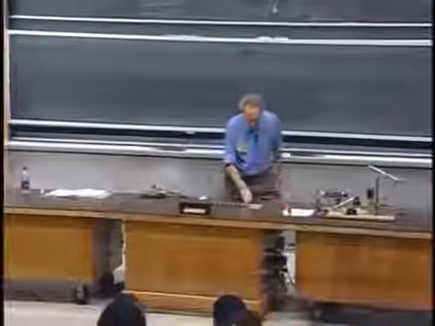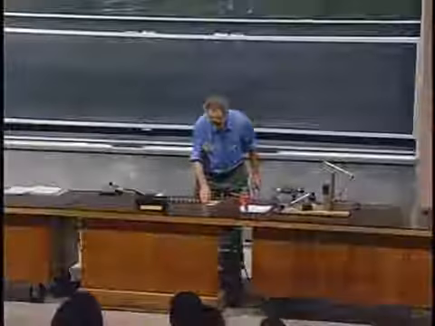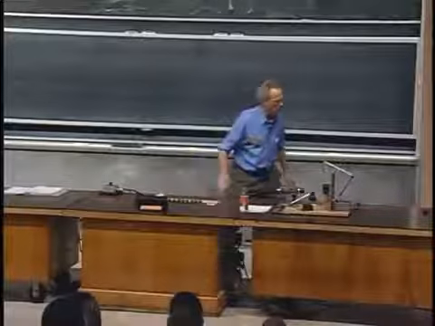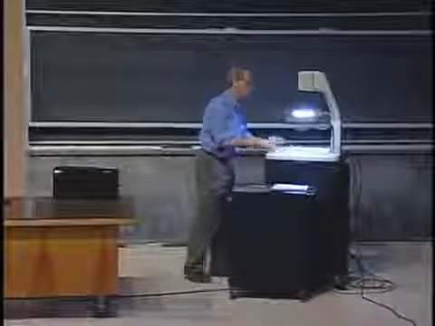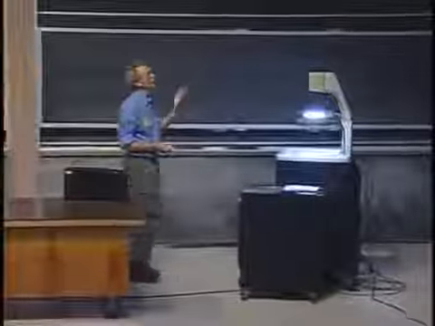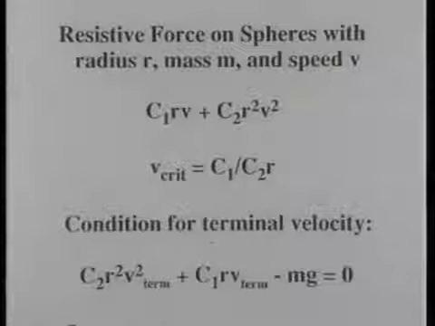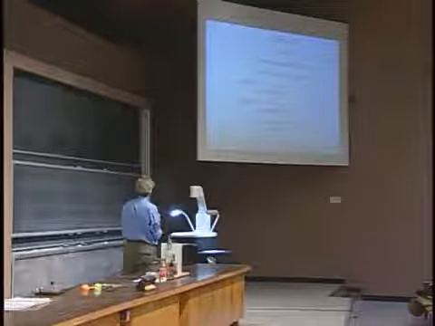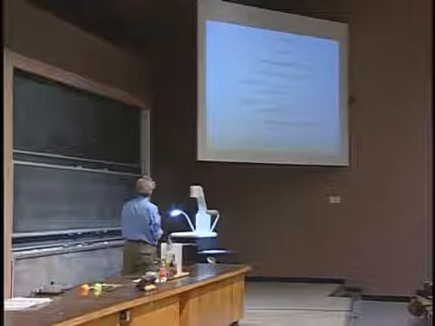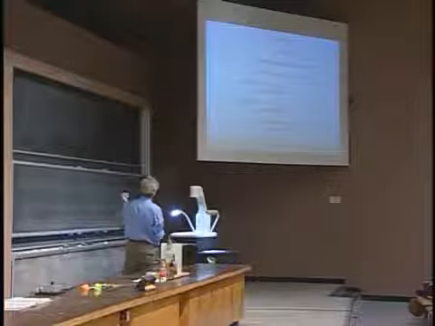I have for you a view graph that is on the web, so you do not have to copy it. It summarizes what I have just told you. It has all the key equations. You see there on top the magnitude of the resistive force. You see then the critical velocity. There's nothing critical about it. It's just the speed at which this term has the same magnitude as this term. Then you see the condition here, which I called equation 1